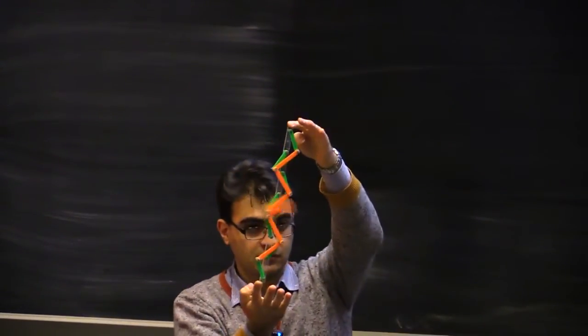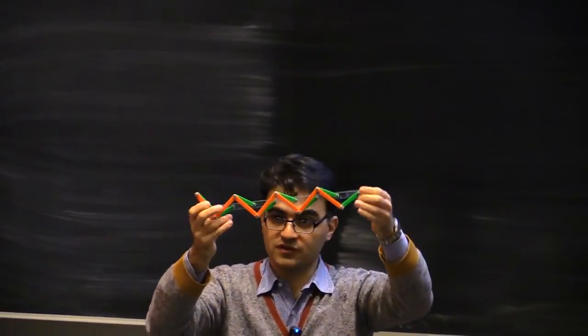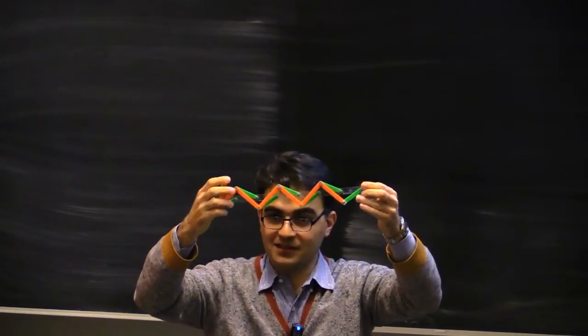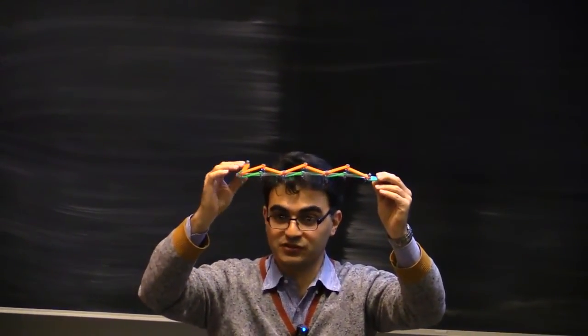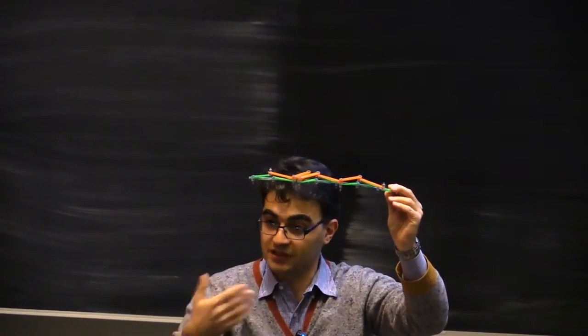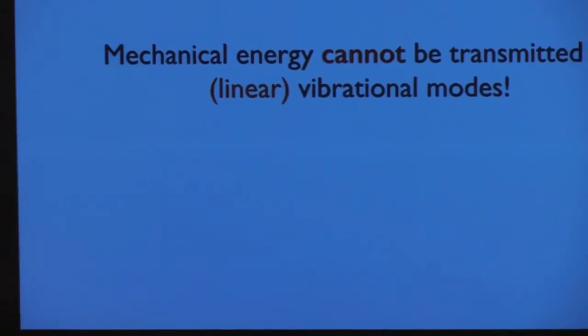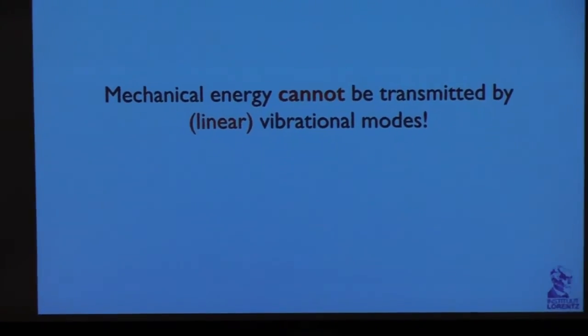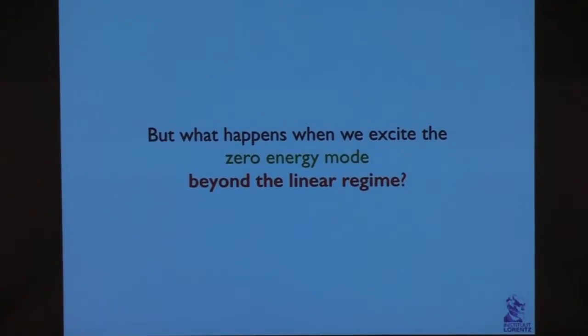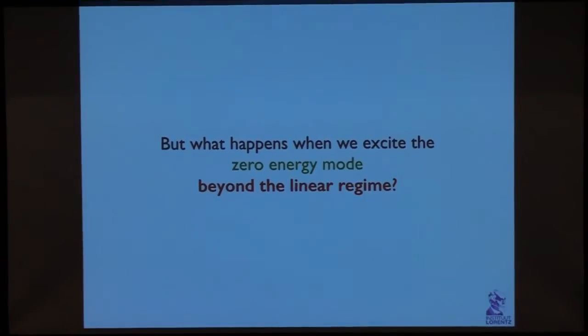This moves. Okay? So this motion that you're seeing is not captured by linear elastic analysis because evidently it's not a small deformation. And moreover, in this system, a small deformation doesn't exist because there's zero energy restoring, there's zero forces restoring it. If you want to see how it happens here on the screen, well, here first is the conclusion that you have in linear theory. Mechanical energy cannot be transmitted by linear vibrational modes. You saw it before because they're localized on one edge. But then, if you ask what happens in the nonlinear regime,